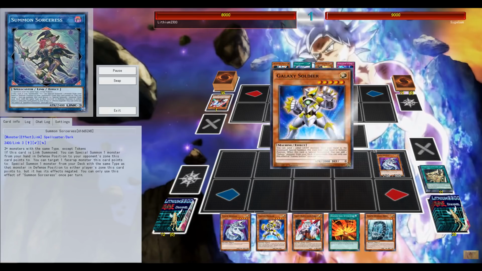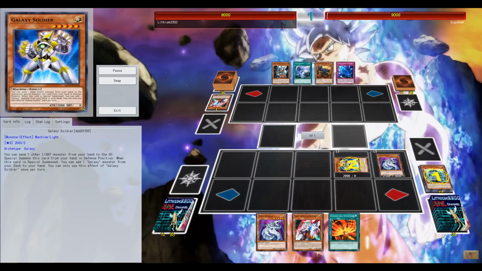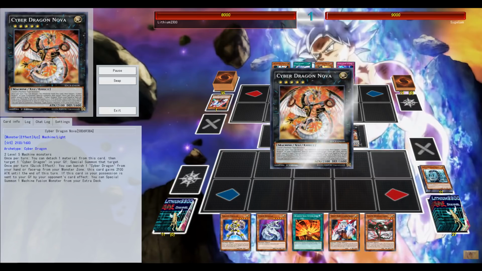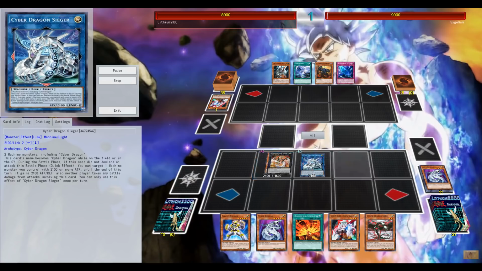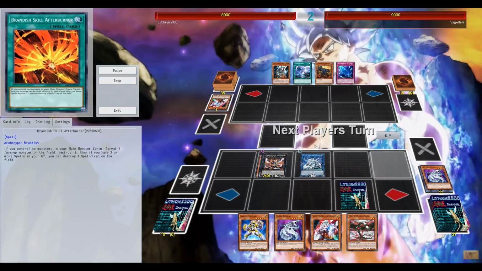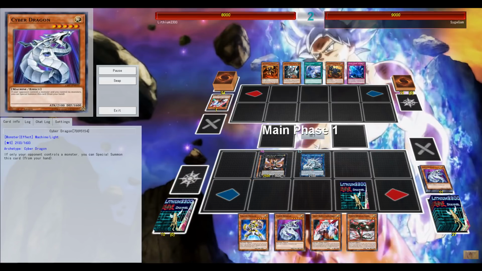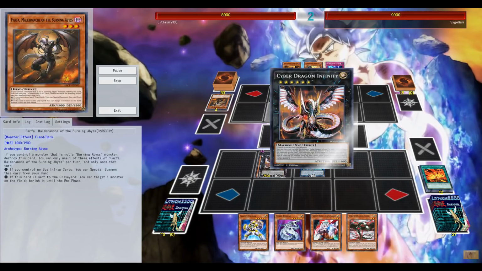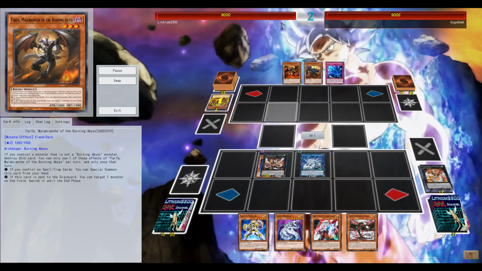It's just free advantage, a free draw engine, free destruction in the form of your monster or spell and trap destroyer for the Brandish archetype. And of course, it's just an extra machine on your side of the field to go for Seeger and keep upgrading your Link stuff. So the Twin Twister, all fine, forcing out the Cyber Dragon Infinity, so I think